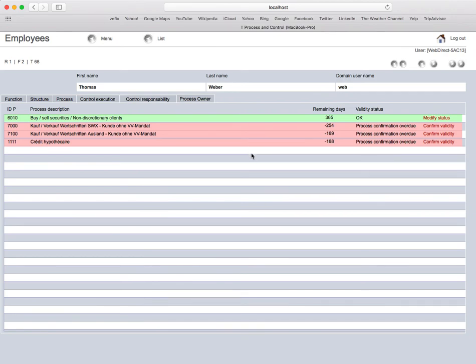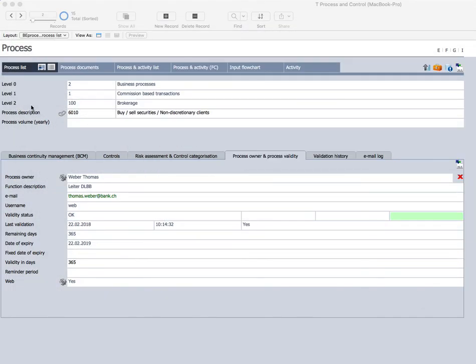It still has 3 processes to confirm. These are all processes, as I said. This is a demo database, so there's a lot of things which have not been updated for a long time. But quite interestingly, now I can go back to my database, so to the database interface, and as you can see, the process is now considered as valid for the next 365 days, so until the 22nd of February of 2019. Anytime Mr. Weber could say, no, stop, the process is not valid anymore because there were changes in the